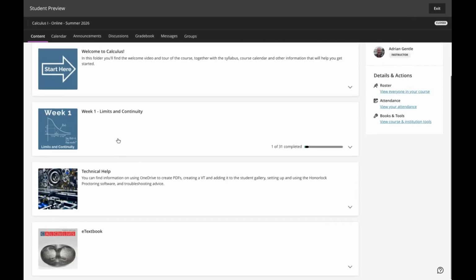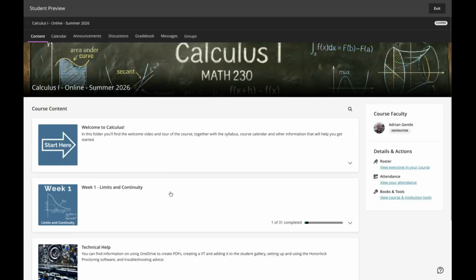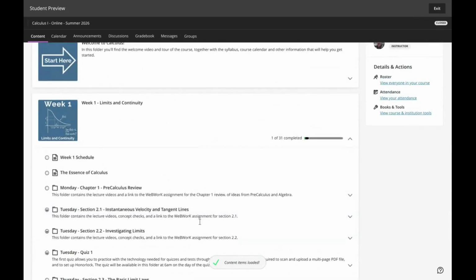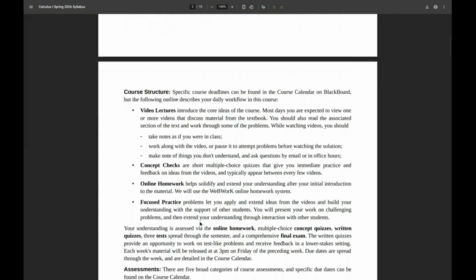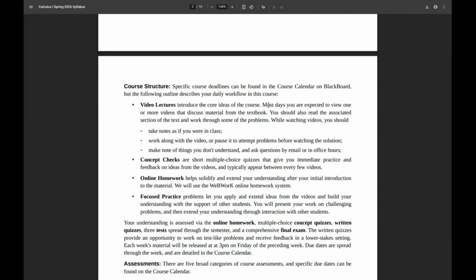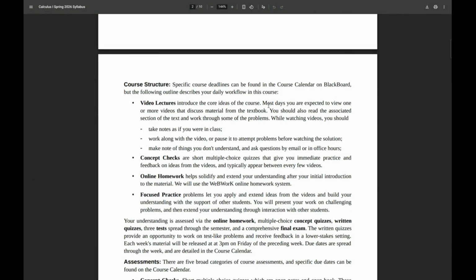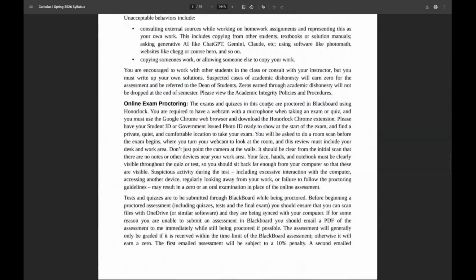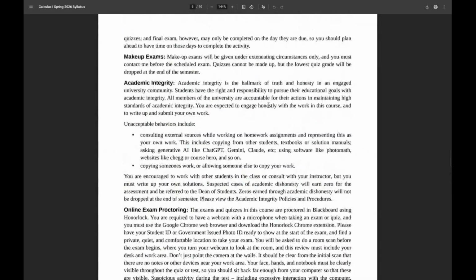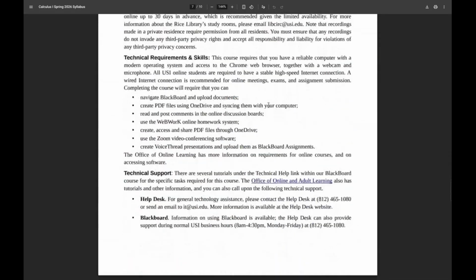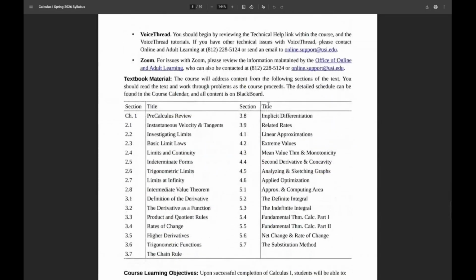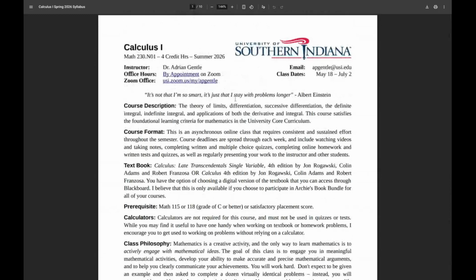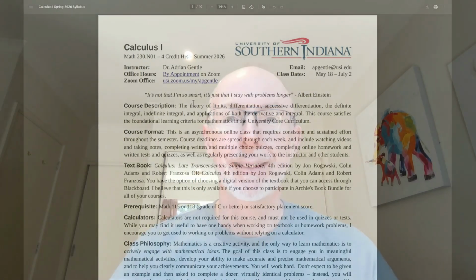That's fine. Hopefully that gives you some idea of what the course looks like, how it's structured. There's a lot of stuff in your face right now, so don't feel too stressed if it doesn't immediately make sense. The structure of the course continues week after week. What else did I want to say from this syllabus? There's information there on the online exam proctoring. We'll talk about that with the Tuesday quiz. And there's lots of information on getting help. I encourage you to read through the syllabus and get an idea what's going on.